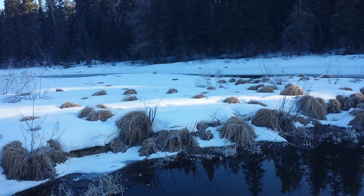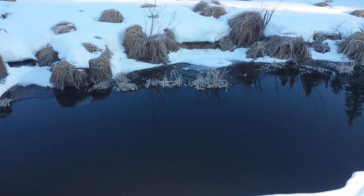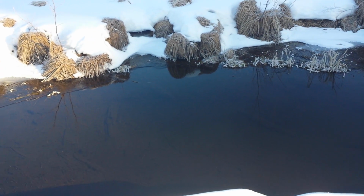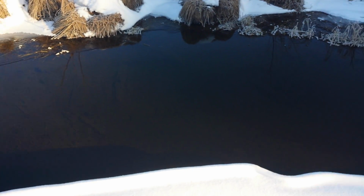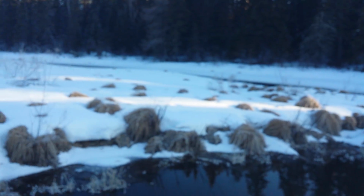That lynx came across over there. I can't walk across that creek. One, it's too deep, and two, that's not actually the bottom. I know it looks like the bottom. I don't know how well you can see it, but when you go down to the mud, there's actually a false bottom in here, and it's deeper than what it looks. But anyways,